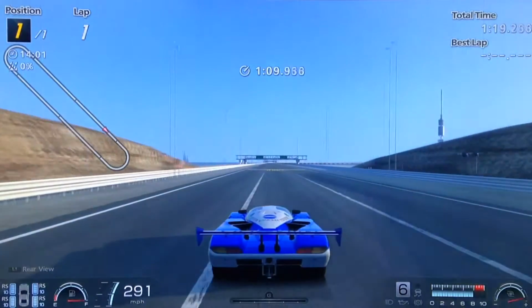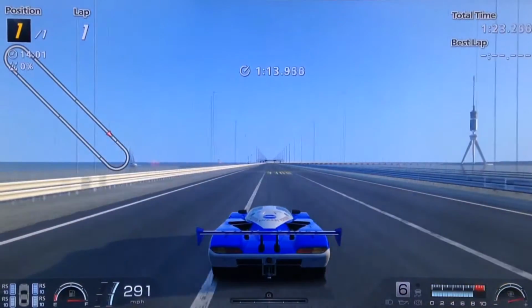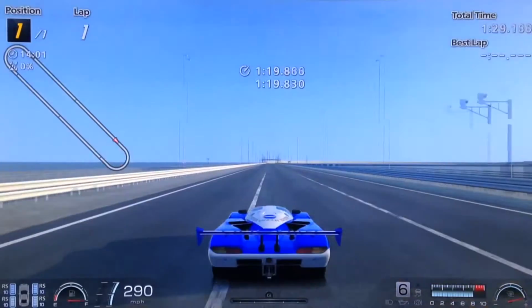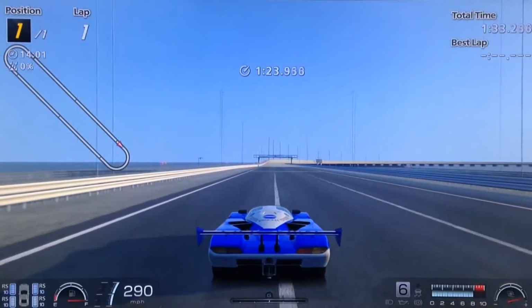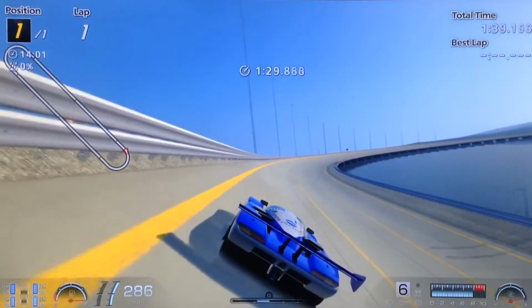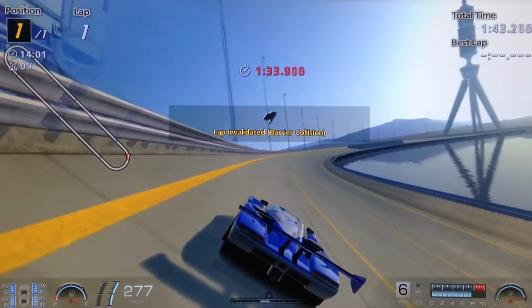It's not quite as dominating as it used to be on GranTurismo. It's still a very fast car. But up until, say, GranTurismo 5, it was a really dominating machine, whereas now with the Pascalo hybrid and etc., the Audi R10, that kind of thing, not so much. So, 290 on its own, as I said. If you do decide to extend the final drive for more draft potential, obviously you will lose some cruising speed